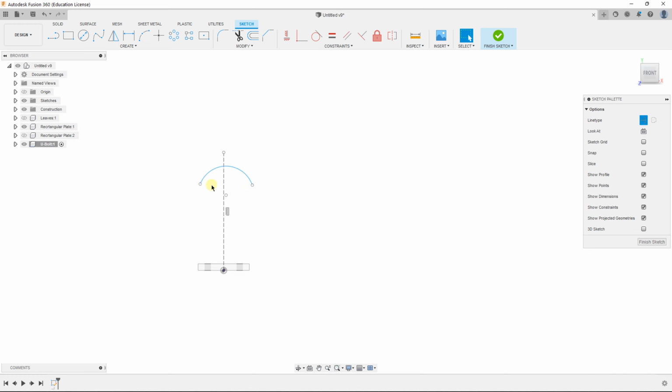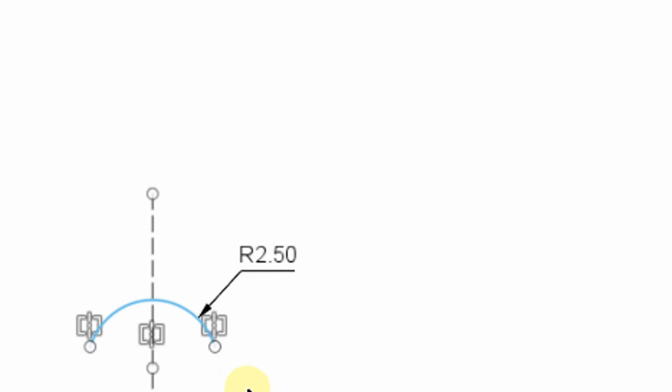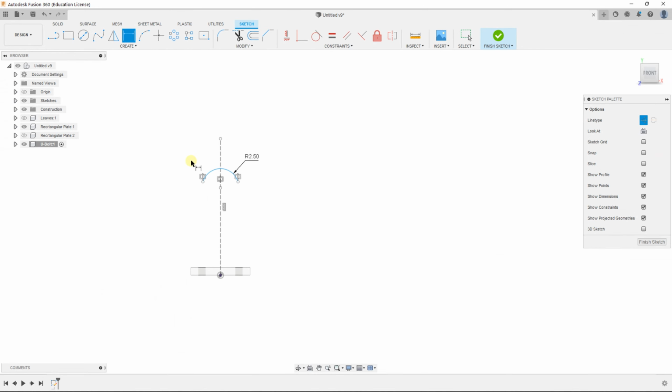Now we drew it randomly, right? We need to make this symmetric now, so select symmetry here, or you can select it here. Okay, and that's done. Perfect. After that, dimension this of 2.5 radius. Perfect. Now draw two lines